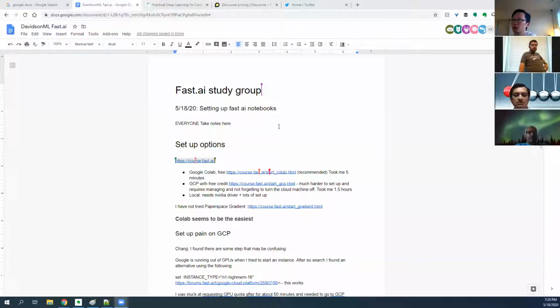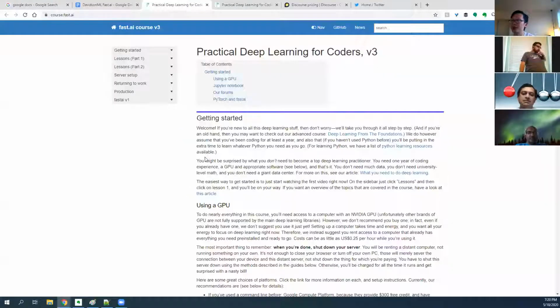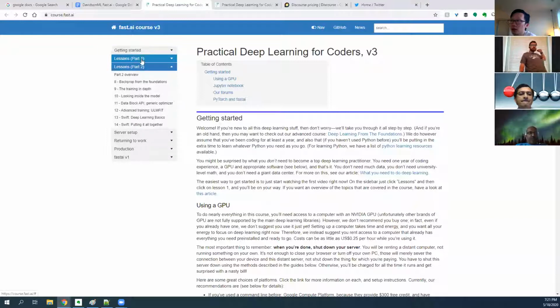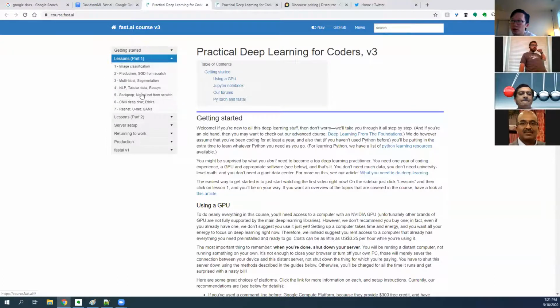I don't know much about Fast.ai, honestly, because if I did, I wouldn't be taking it. But a lot of people said a lot of good things about this. The authors are trying to make AI uncool again, so kind of democratize the AI knowledge. They're really focused on building good machine learning models, and in this case, deep learning models. If you look at the lessons, we will probably do mostly part 1